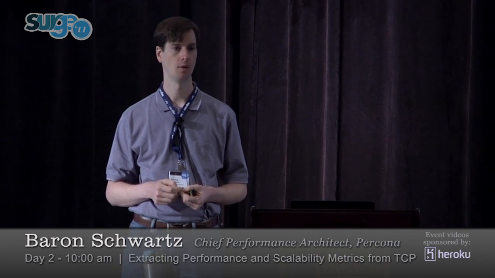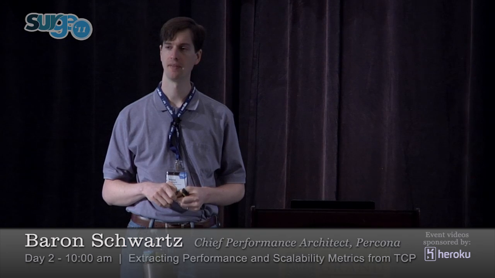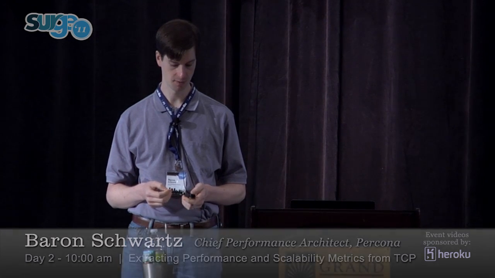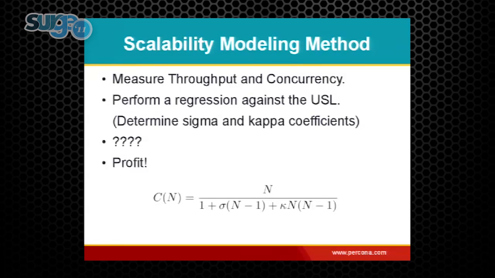One thing I want to mention, if we look at the kappa function here, it actually scales quadratically in the number of nodes in the system. That's why there's a decreasing return on investment, because as it gets large, the quadratically increasing contention within the system actually overwhelms the linearly increasing capacity of the system as you go to the right on the graph. That's why it starts to drop off and have a negative slope. It'll never go negative, of course, because we're only dealing with positive domain numbers here, but it will have a